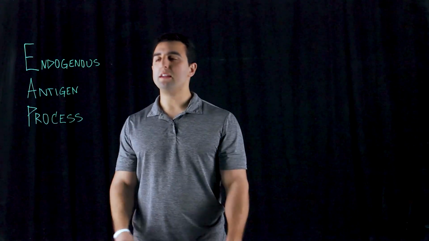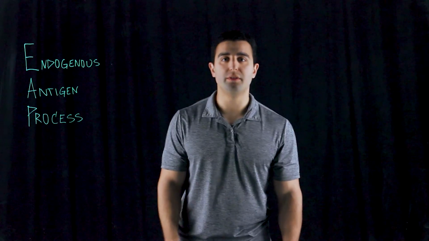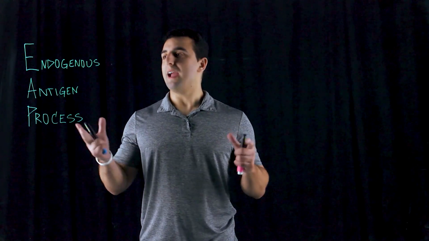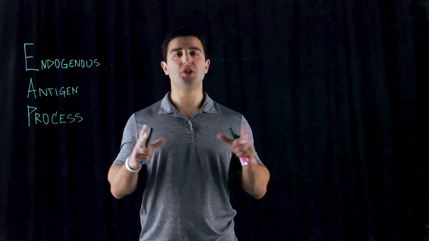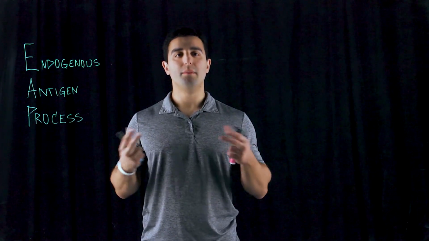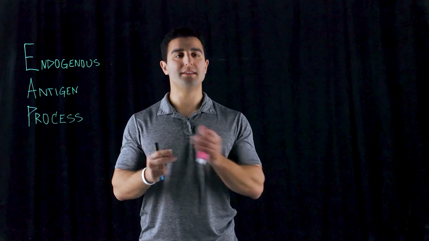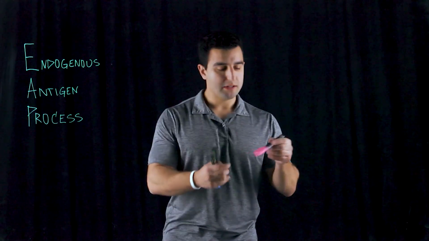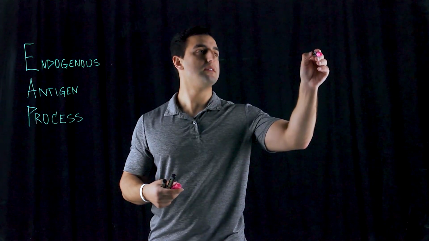All right, now we're going to look at the endogenous antigen process, right? So where's that process coming from? So this is where the antigen is created internally within the cell, broken down, processed, and now displayed on one of the MHC class receptors, right? So if I were to draw a cell here,